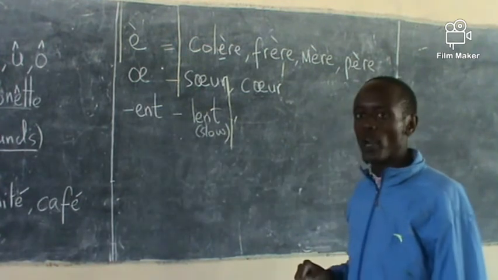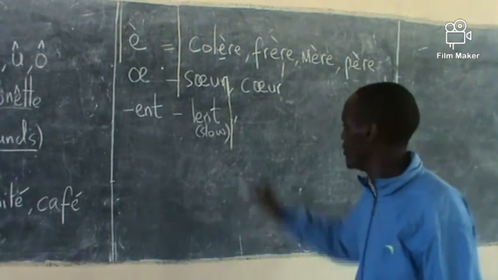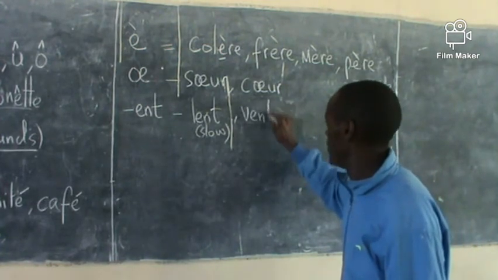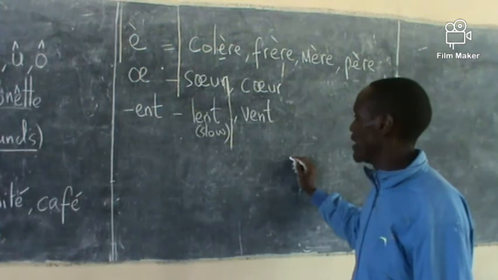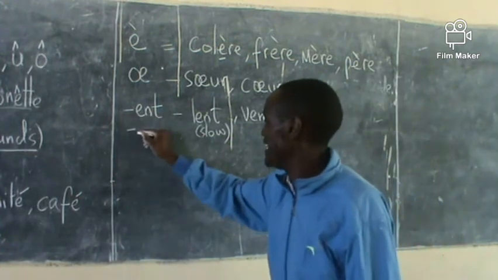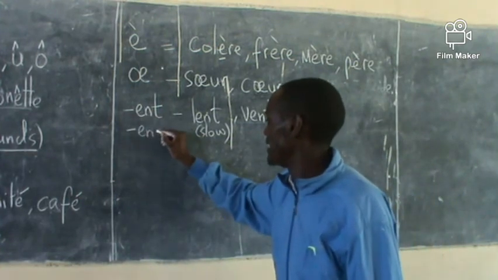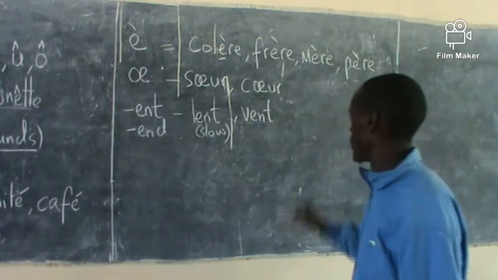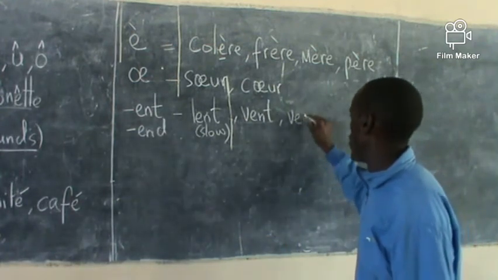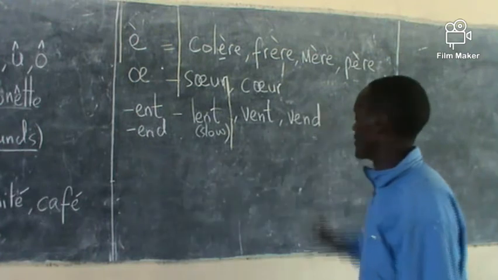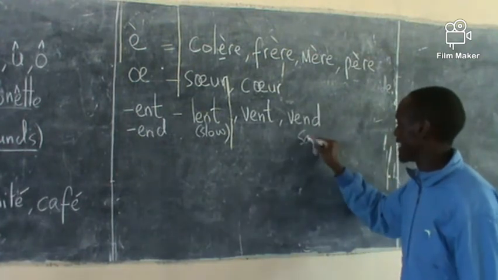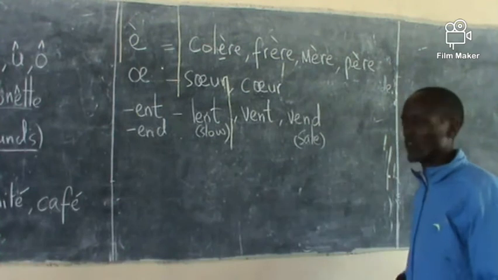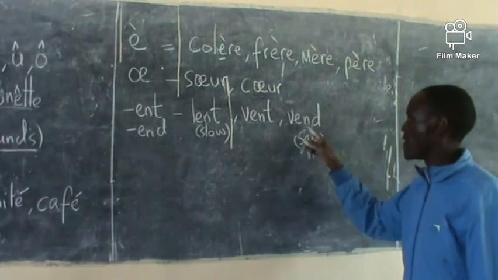When you are talking about wind, you call it vent. Actually, it is still pronounced the same as E-N-D. Like when you are saying vent. When you are referring to a cell, when you sell something, you call it a cell. So you can say vent,